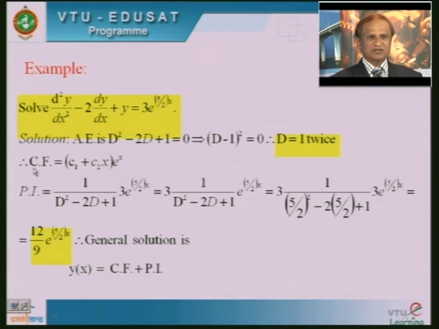On the basis of the superposition principle, we can write the complementary function as (C1 + C2 x) e^x. Is it clear? So, this is the complementary function of the given differential equation. Now we want to concentrate on how we are going to calculate a particular integral. Therefore, PI is equal to 1 upon f(D), as I have mentioned in the last slide.